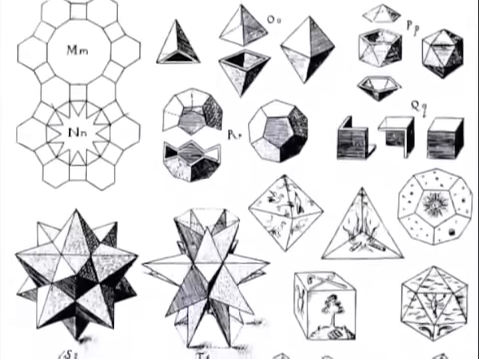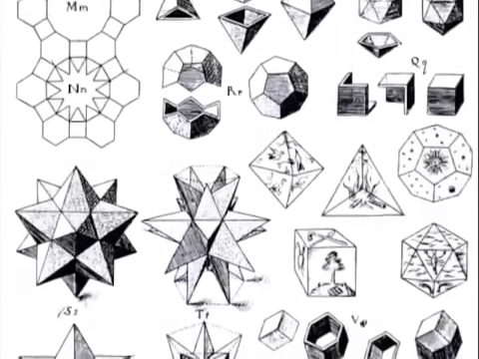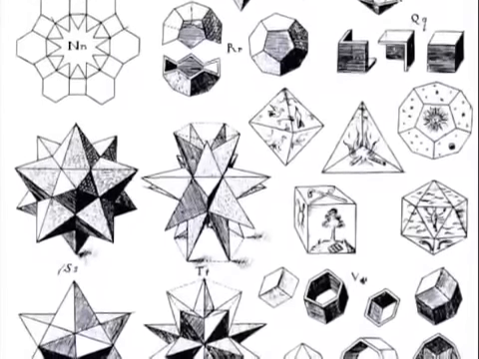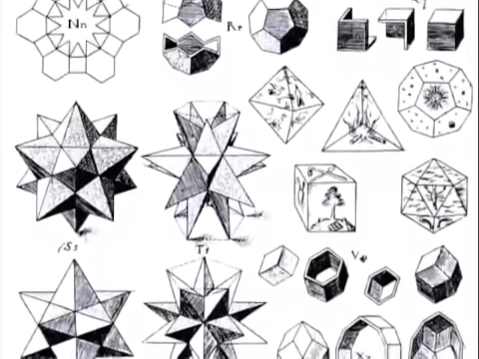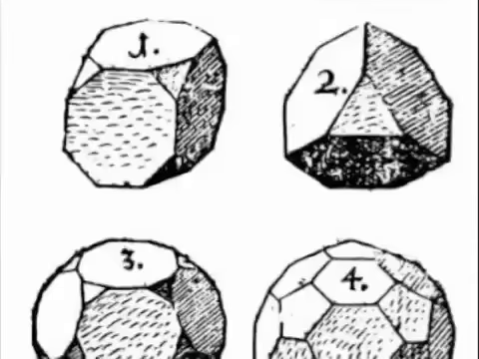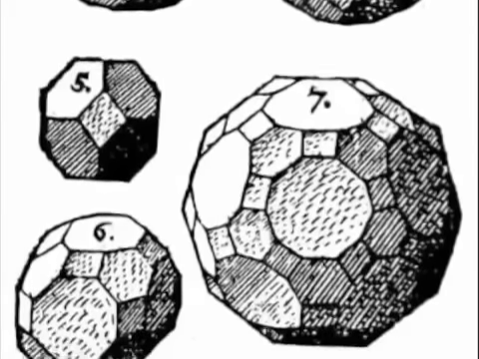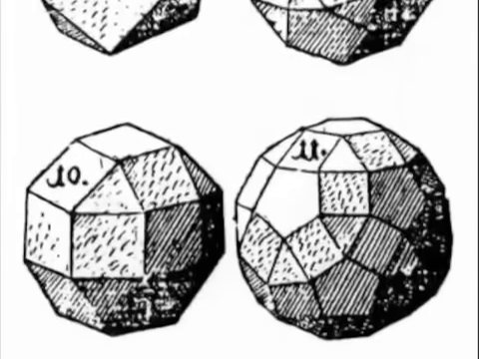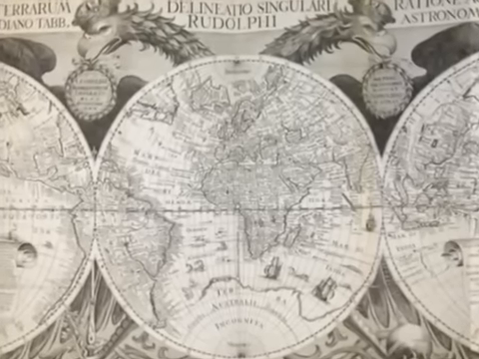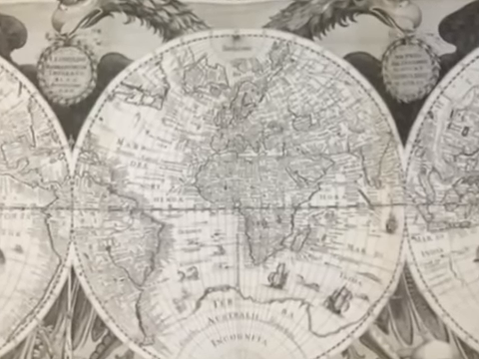Let us begin with Johannes Kepler, 1571 to 1630, a late Dutch contemporary of the Englishman John Dee. Kepler studied the 5 regular solids that can be formed from the 3 regular polygons, the so-called Platonic solids, as well as the 13 Archimedean solids formed by truncating the sides or edges and snubbing the corners of the 5 regular solids. Kepler used his knowledge of these geometries to plot maps, such as this, and to study astronomy, which we will discuss shortly.